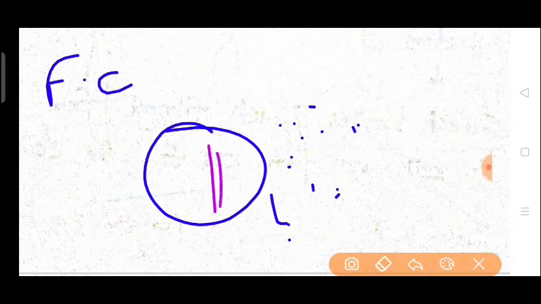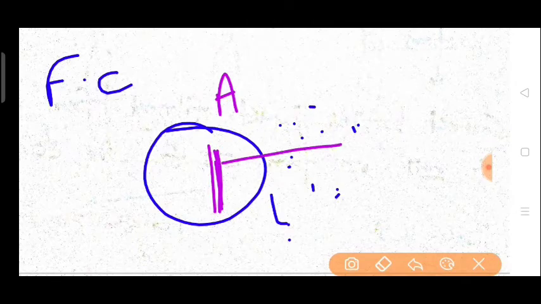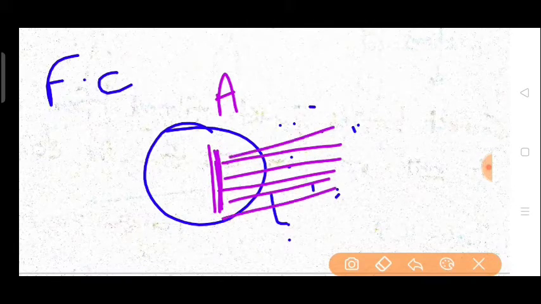Now the focal contact diagram will be like this. This is your cell and this is the ECM, extracellular matrix. Okay, let me color the change. Now this is the actin filament of cell A. Now what will be the work of focal contact? It will provide connectivity between the actin filament of cell A and the extracellular matrix like this.